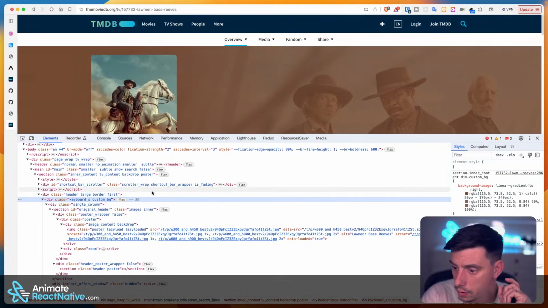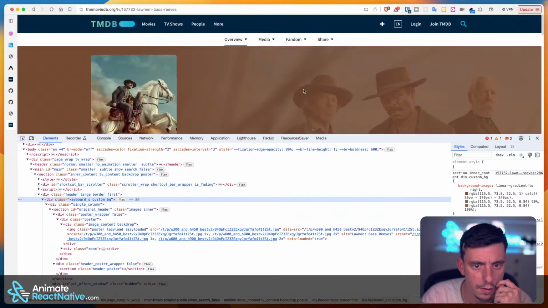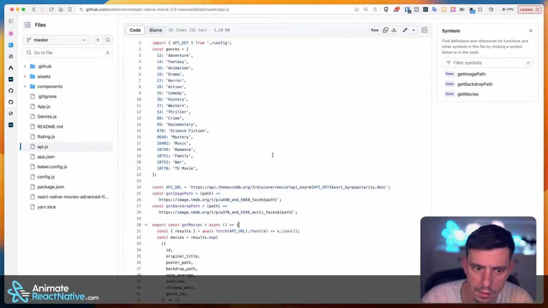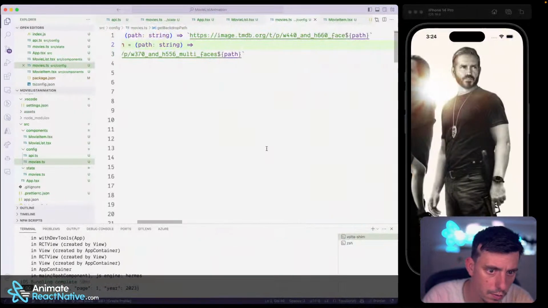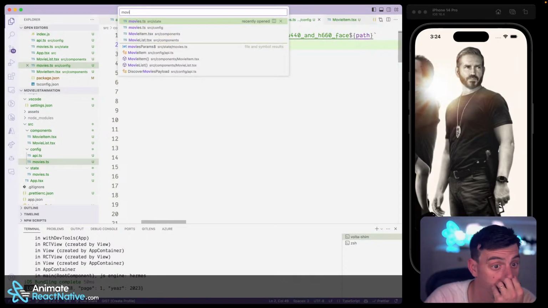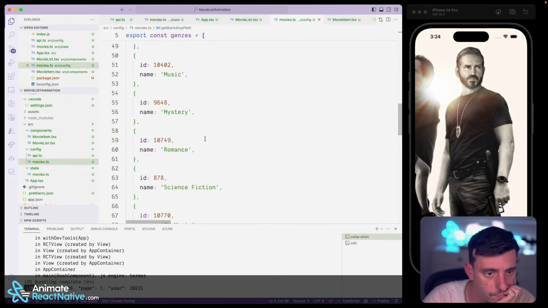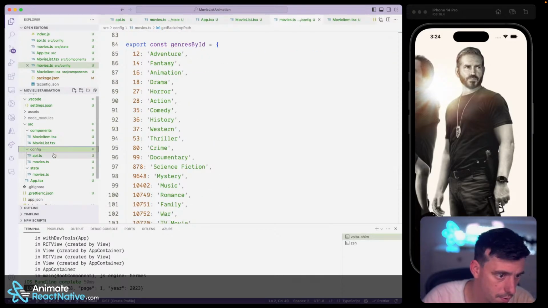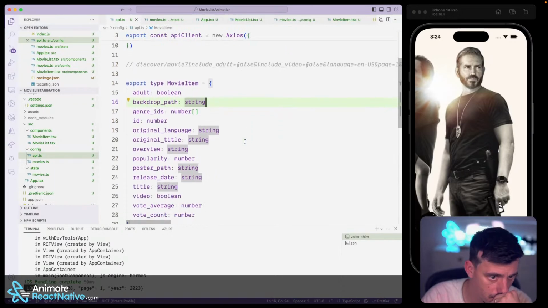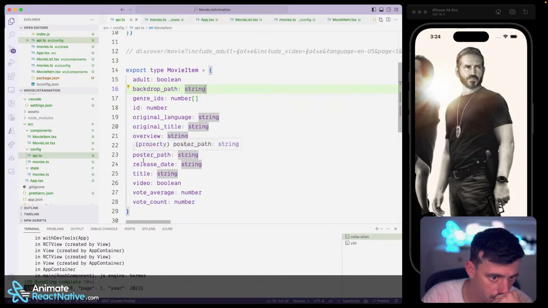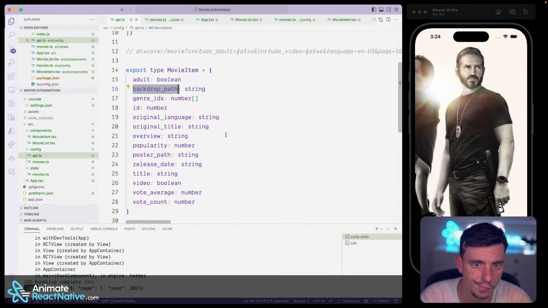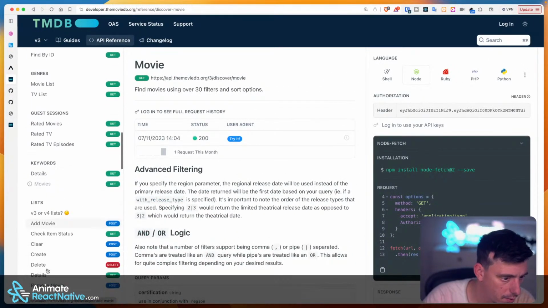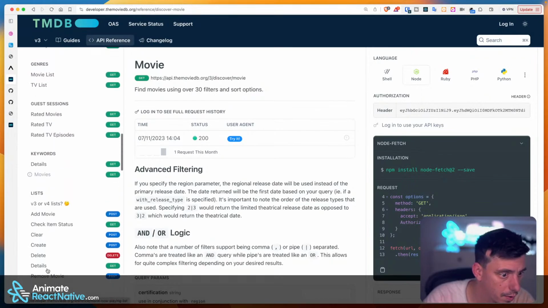Linear gradient. How are they calculating this linear gradient? Is this base? Do I have some colors? Movie discover. I go here. It's API. No, I thought I had some colors. Anyway, I believe there is an API somewhere to give me